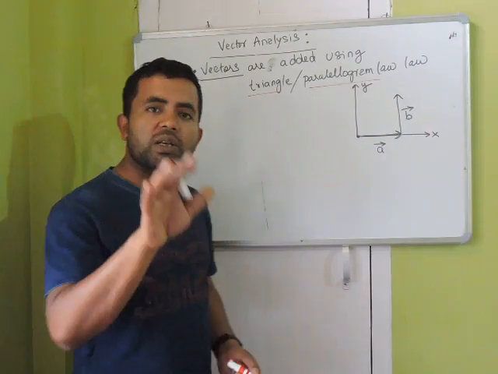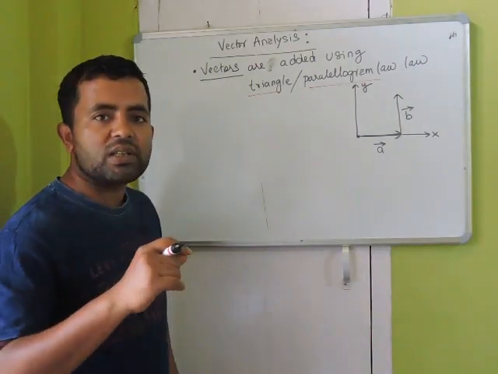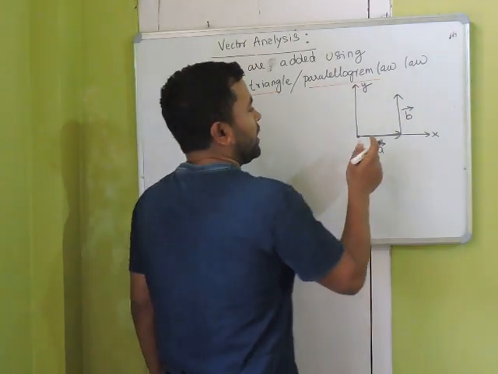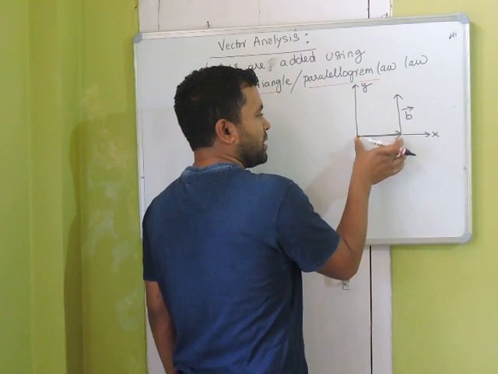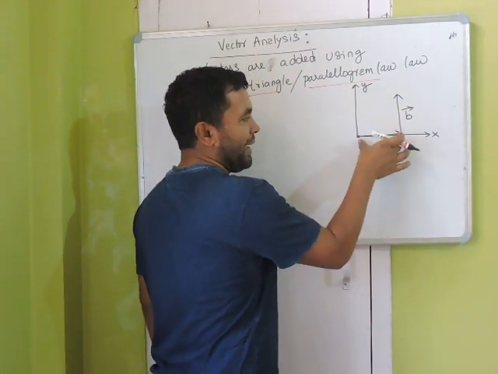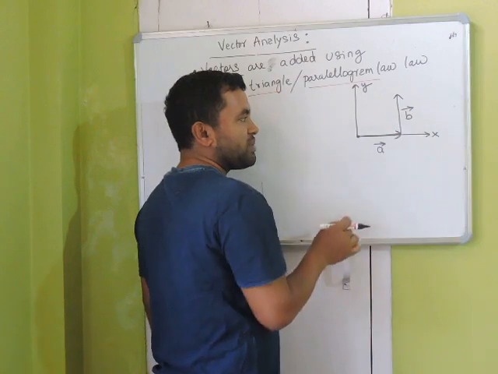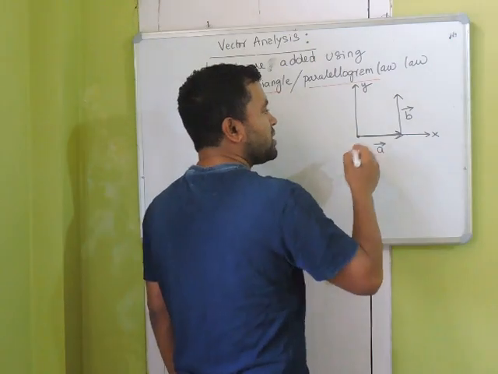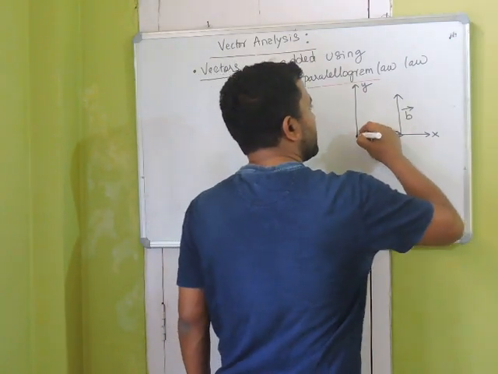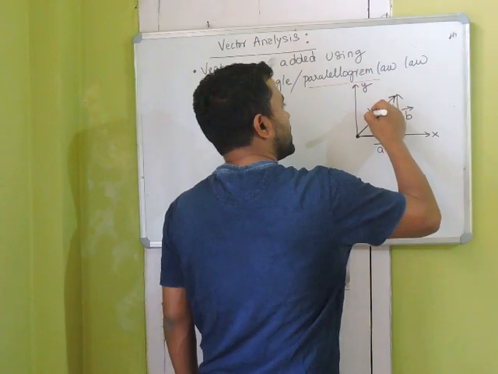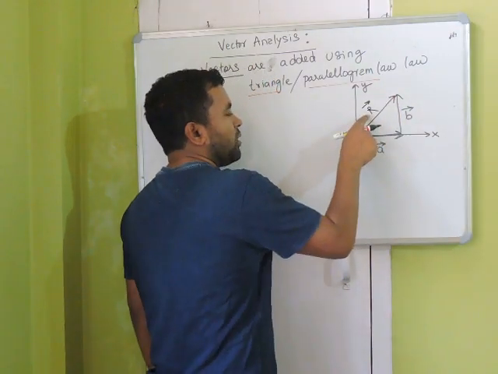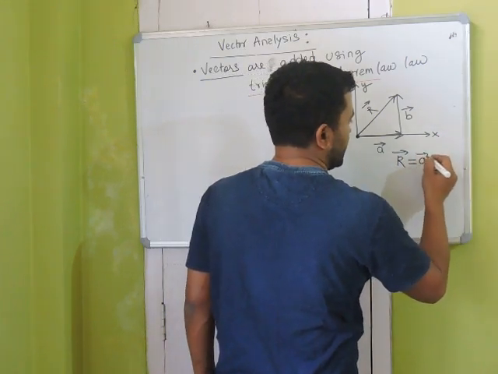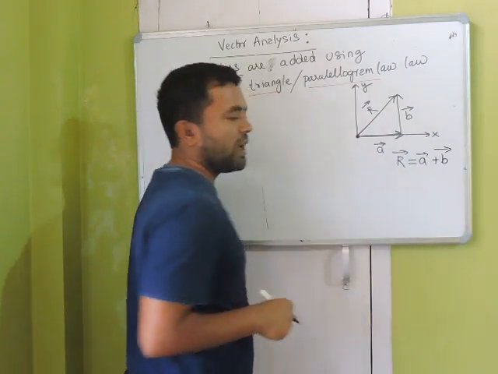If you remember the concept of displacement, it is the shortest distance between the initial and final point, right? So if you have two vectors like this, a vector is represented by an arrow. The length of the arrow is its magnitude, and this is the direction. So A vector is this, B is this. Now it turns out that the displacement will be like this. I am writing it R for displacement. Now this R vector turns out to be A plus B. Now this is the triangle law.